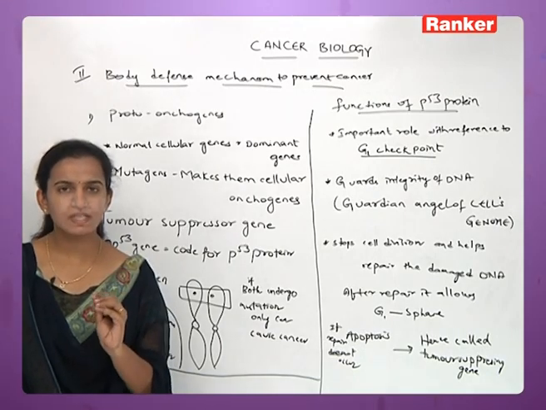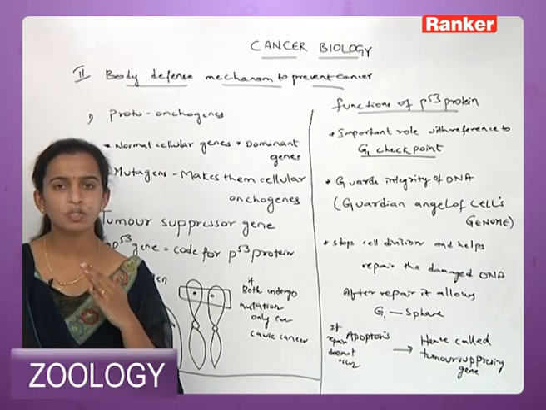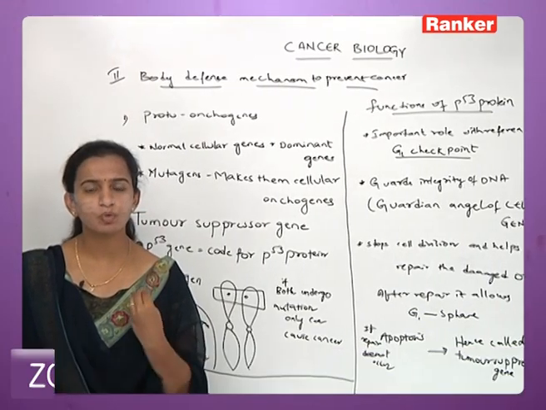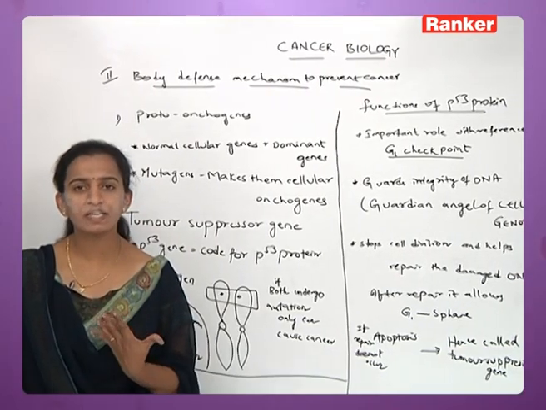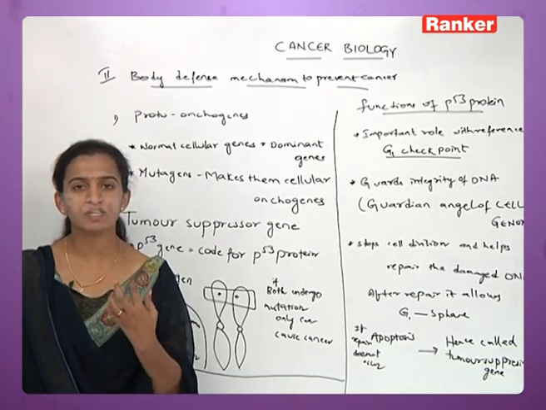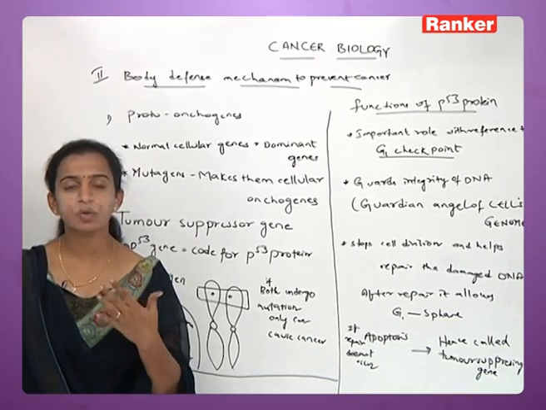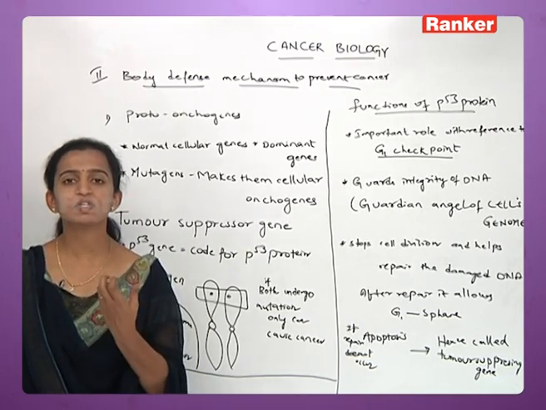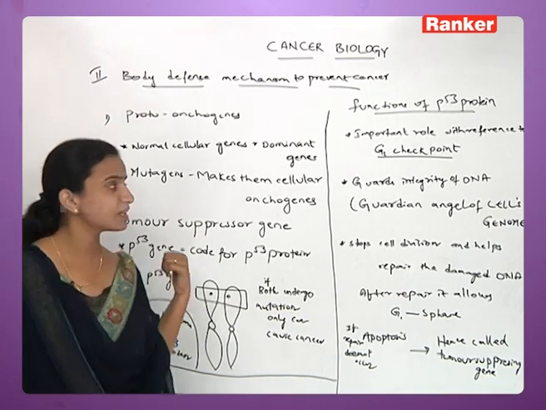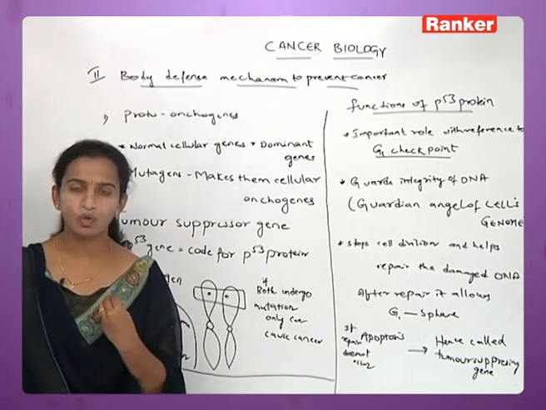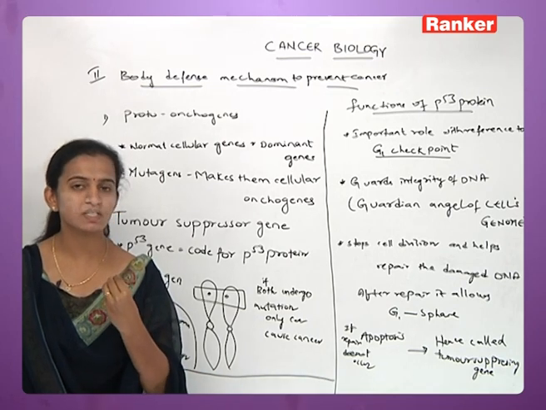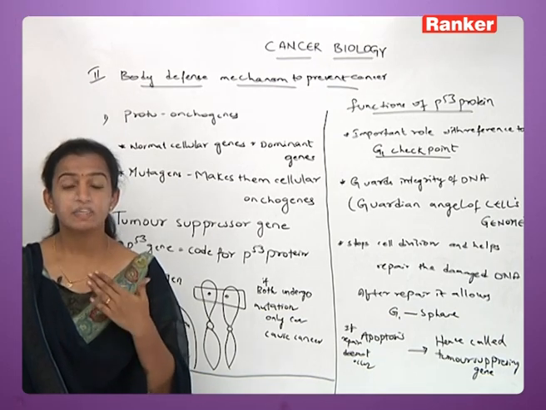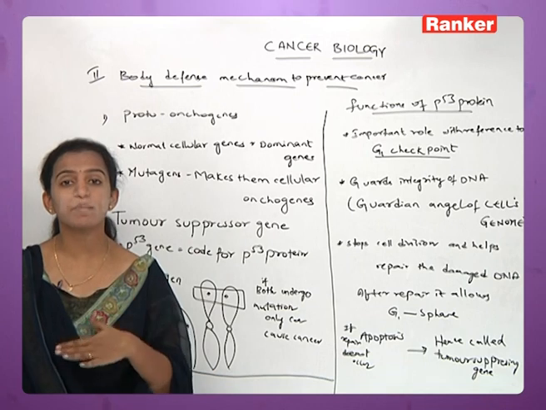They are normal cells. Every human being has these proto-oncogenes in their body. What happens with proto-oncogenes is that they don't show any characters. That means whenever they are present, they are not ready to cause you cancer. Proto-oncogenes are present in each and every organism, but the expression is different. These proto-oncogenes are normal genes, like every normal gene. There are also cancer genes present in each and every organism, but there is a question of expression coming or not coming.